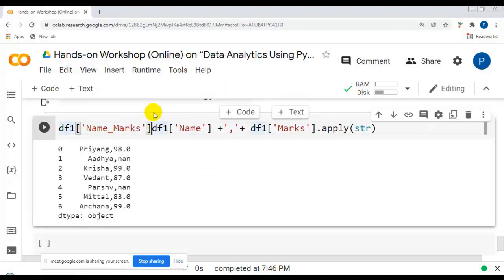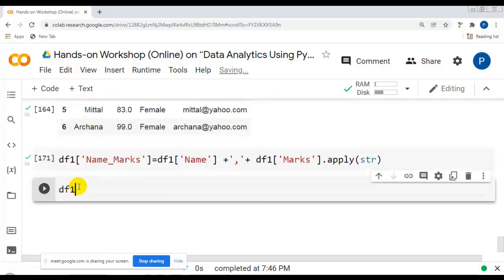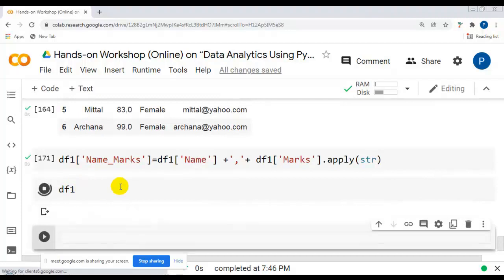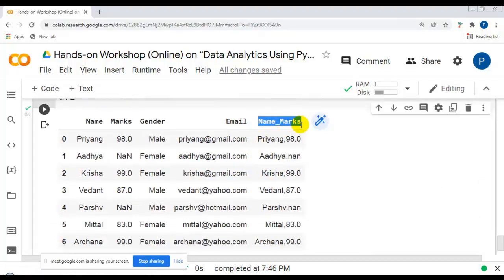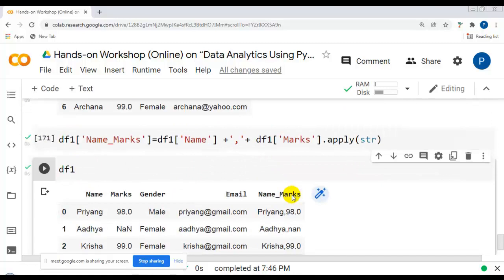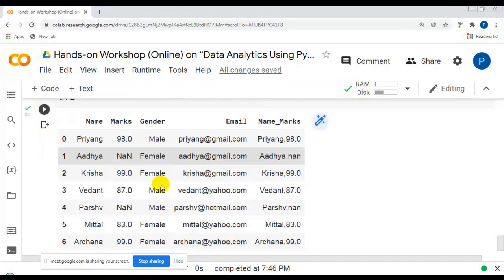So sometimes we require creating a new feature from existing features. Now let me display our data frame. You can see the new feature name_marks is created from name and marks. You can combine two features from our data set and create a new feature from available features.